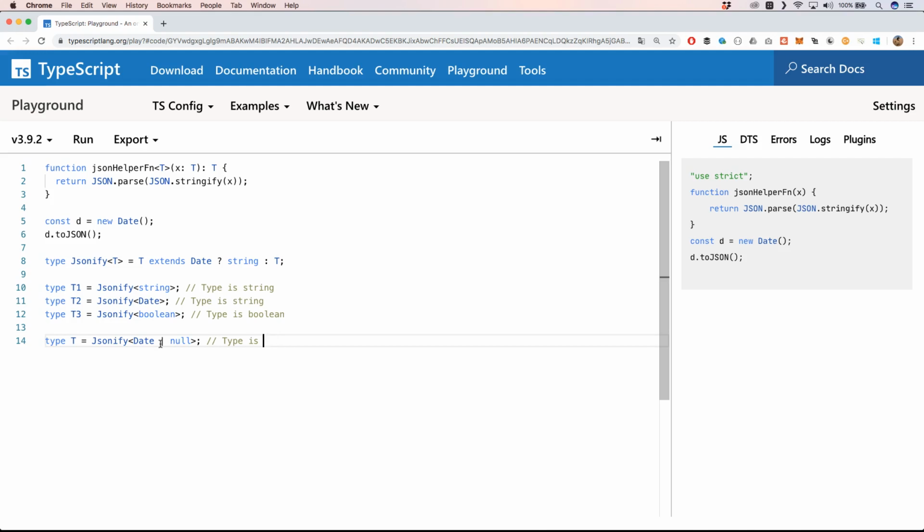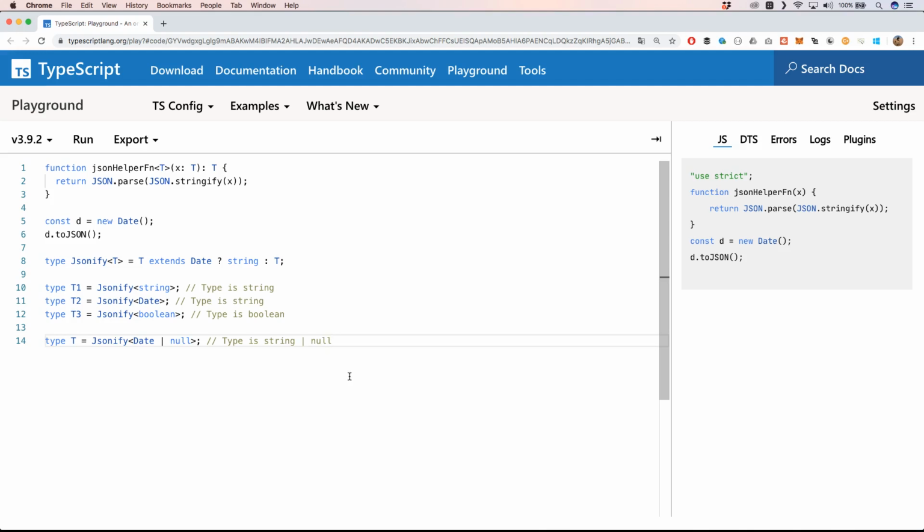Sorry, that's a tricky one. Our type is string, of course, right? Or null, that's correct. I'm still waking up. So the type is string or null,